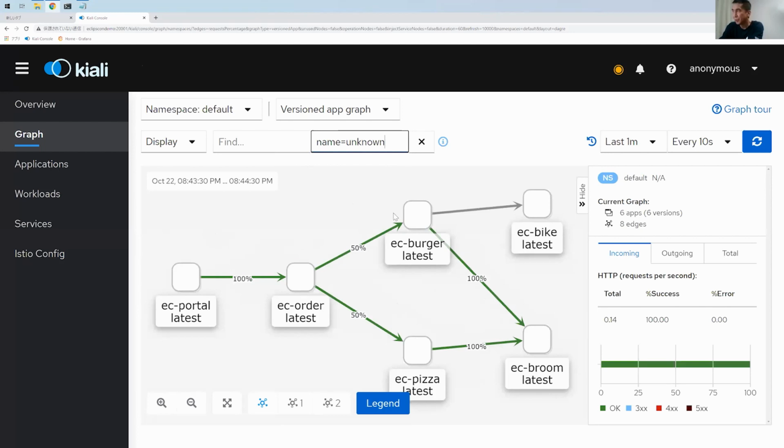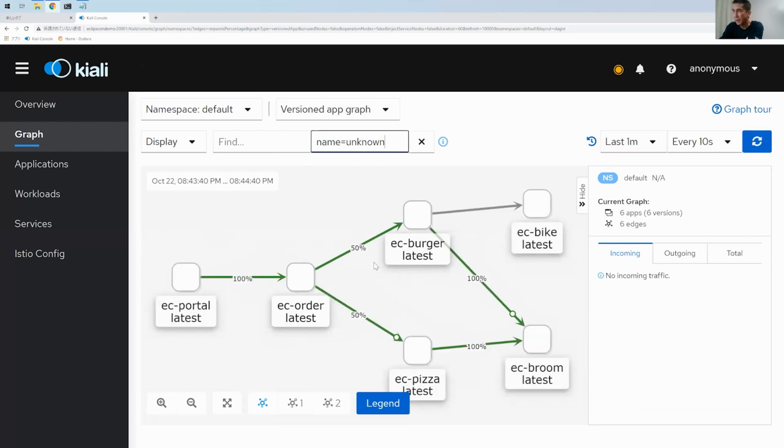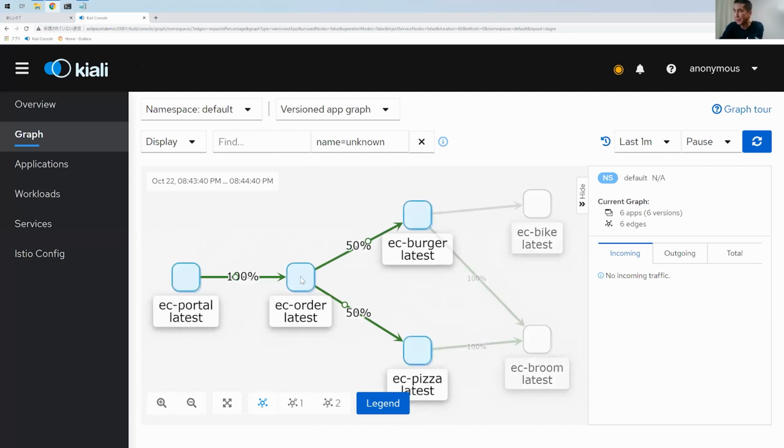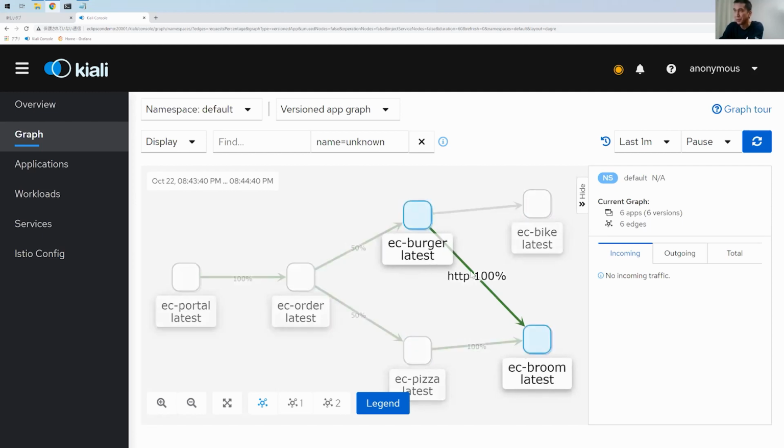This is the Kiali window, and you can understand the relationships of the microservices with this kind of graph. So portal calls the order service, and order calls burger or pizza, and the burger service calls Broom. So you can easily understand the service relationships.